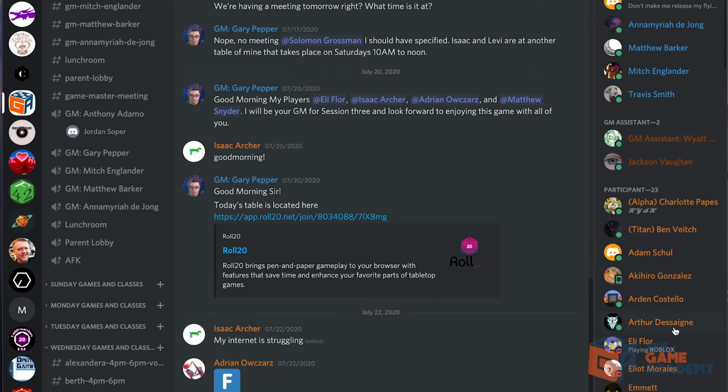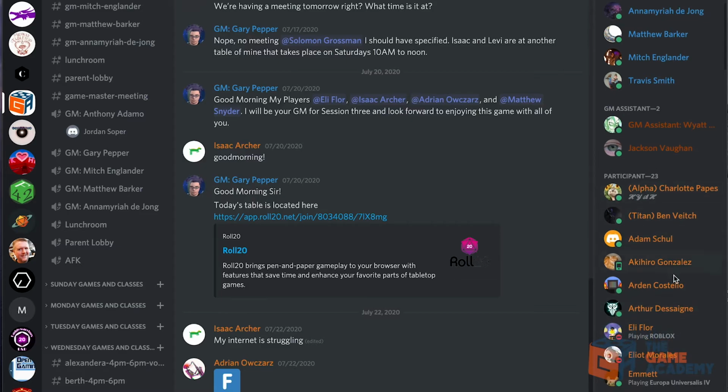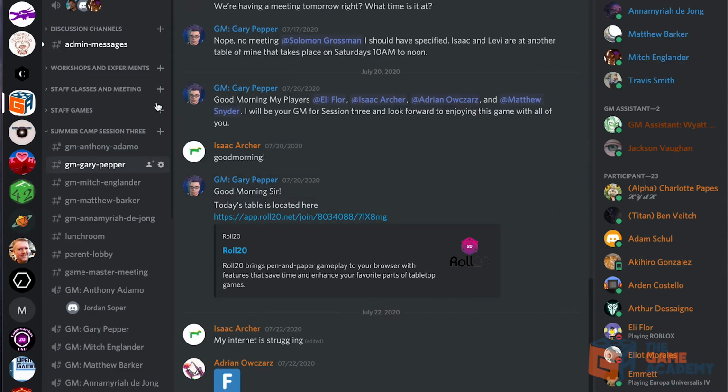The players are going to be marked as participants, and that gives them access to all of the rooms on the side here. They can pop in and out of other rooms. We do have a policy that you don't go into any of the chat rooms that aren't related to your games, but we haven't tied that security down. There's often a reason for people to move between rooms, and we'd rather have that capability open than lock it